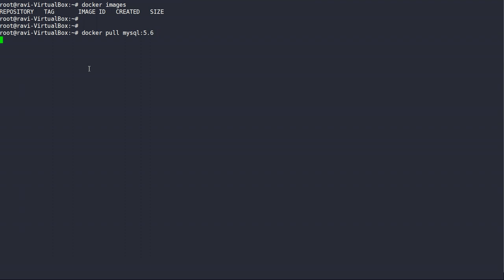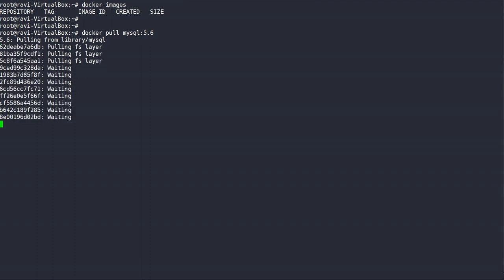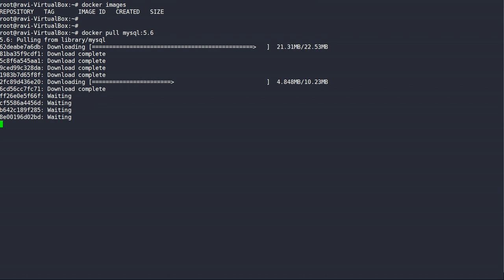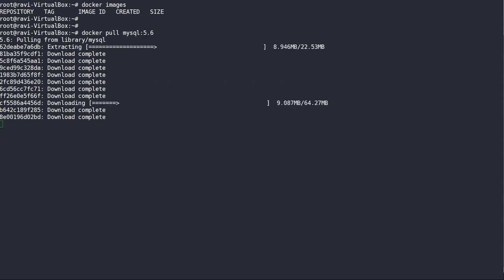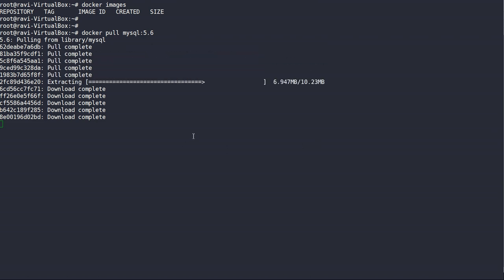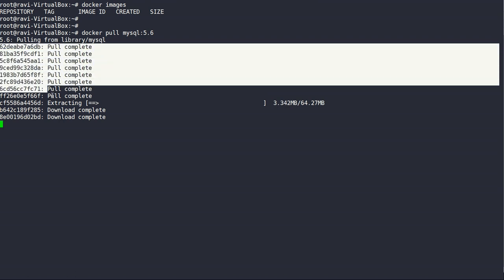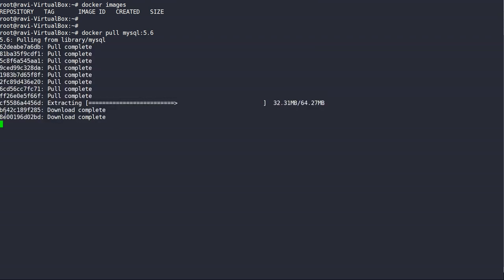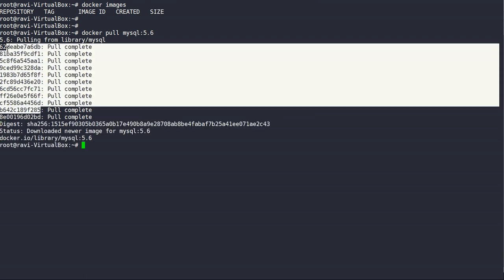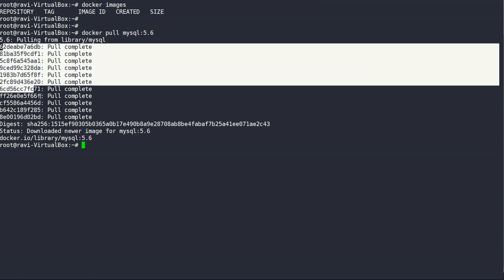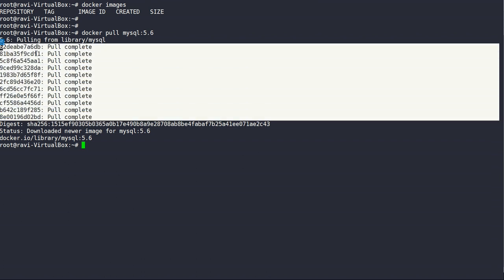This is coming from the Docker Hub repository, and how much time it takes depends on your internet bandwidth. Okay, it's downloading. One thing you are noticing, it is downloading layer-wise. First a change is done on the image, then a new commit ID is produced. So many changes are required while producing this image. So this is pulling layer by layer.